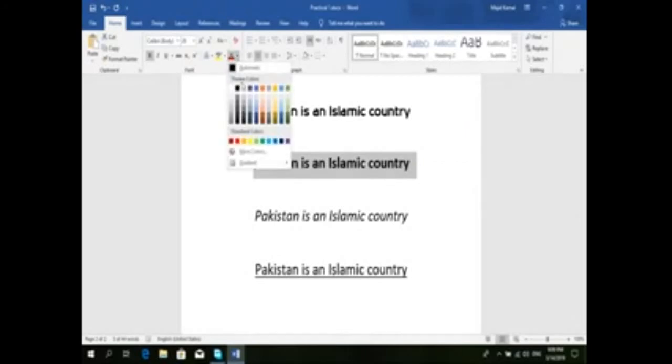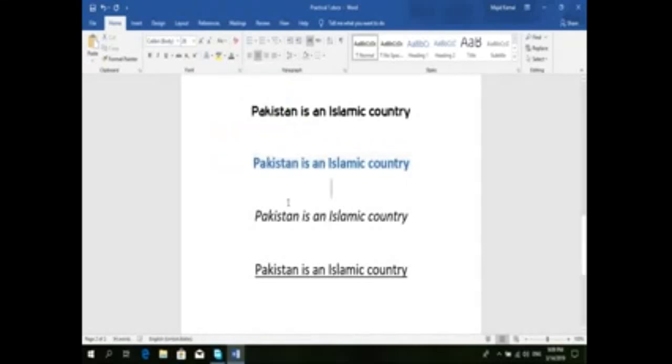You select any words and change the color of the word from here. There are so many colors according to your need. Then you change the color of the word or sentence.